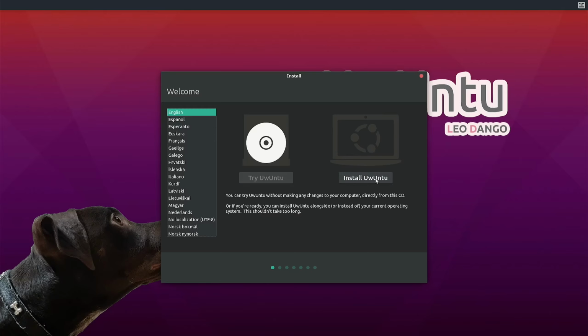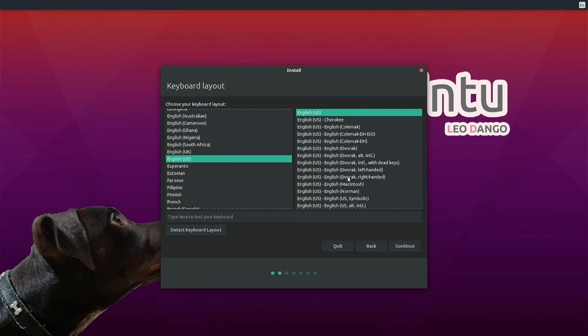Okay, so after a while, you should be able to get to the screen. So I will install UwUntu and just let this run. Don't forget I am on an HDD, so it is gonna be a lot slower. Here you go. Let me get my keyboard onto my lap. Okay, so now that we have this going,